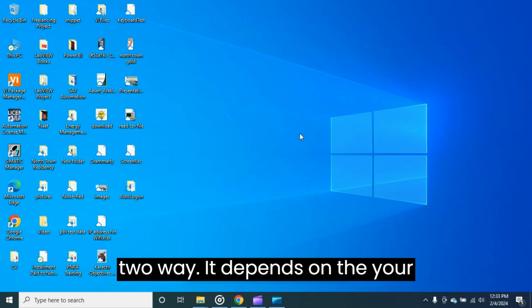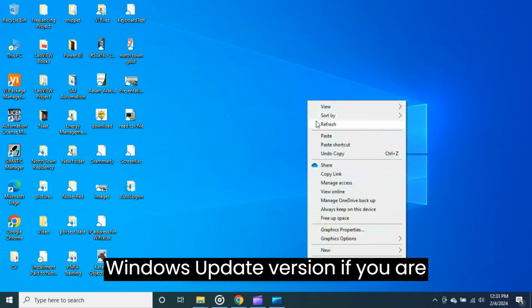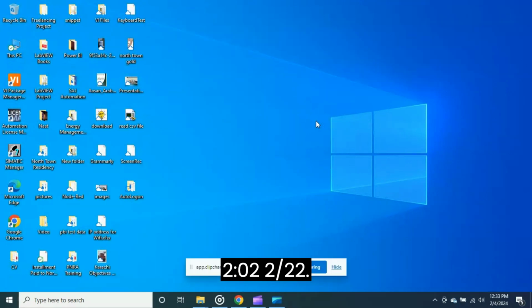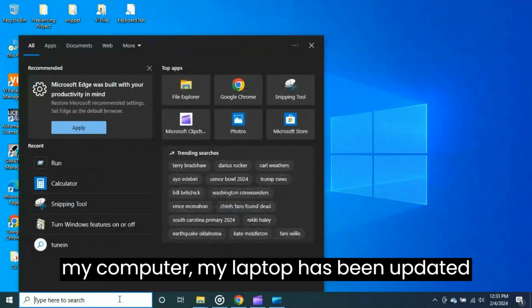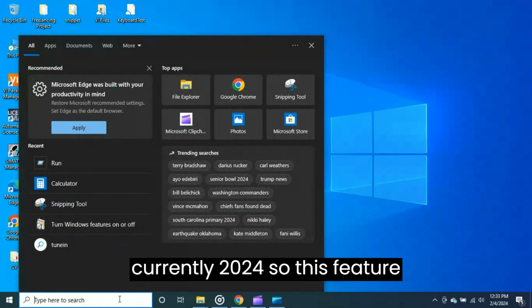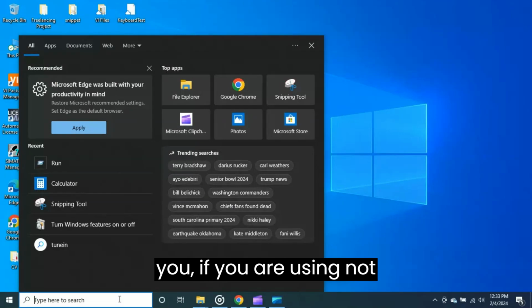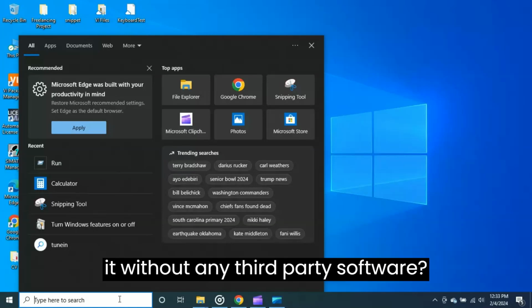there could be two ways. It depends on your Windows update version. If you are using Windows which has not been updated since 2022, then there is a direct option. But my computer, my laptop has been updated, currently 2024, so this feature is not available there, but I will show you. If you are not updating Windows before 22, then